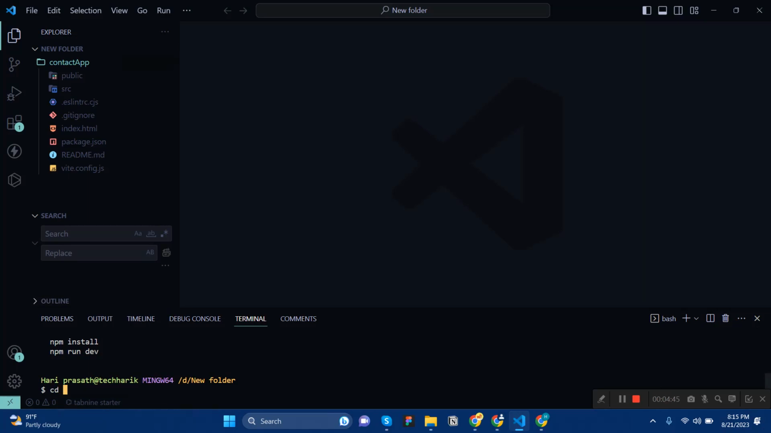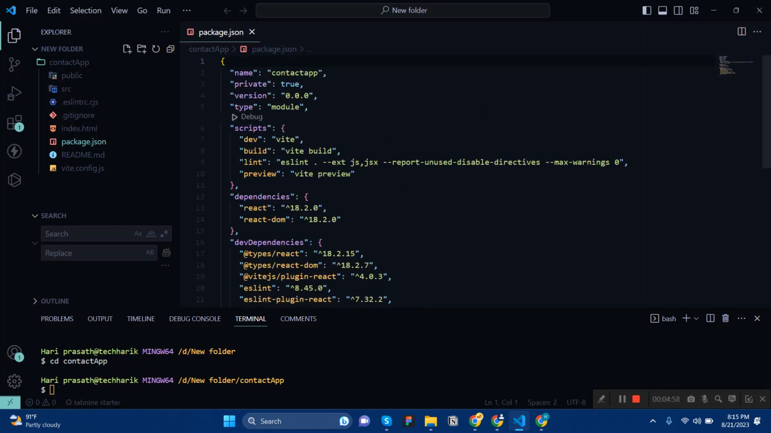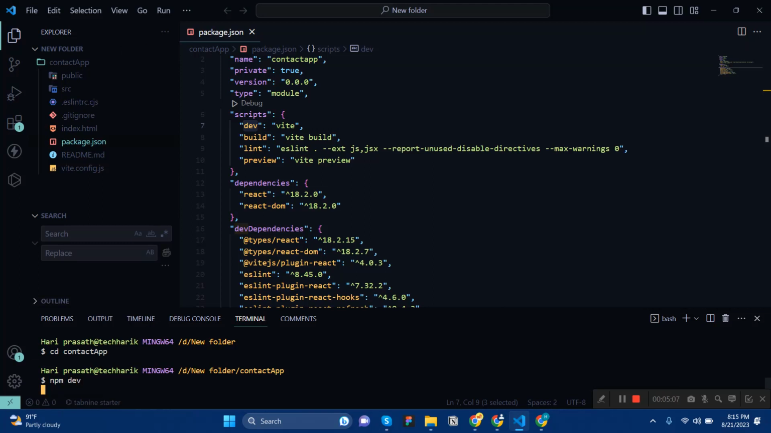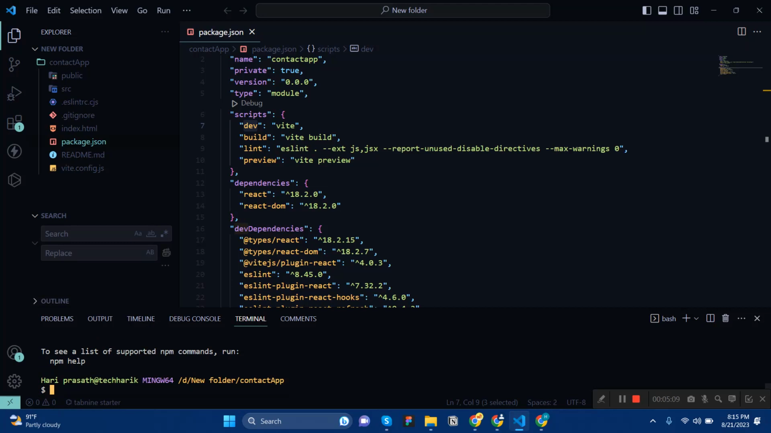I just say cd contact app. So if I go inside, now I must go inside here. So now I just want to say, in package.json, you can see if you want to run the vite, then you need to say dev. So npm dev. Okay, so once I say this, sorry, npm,